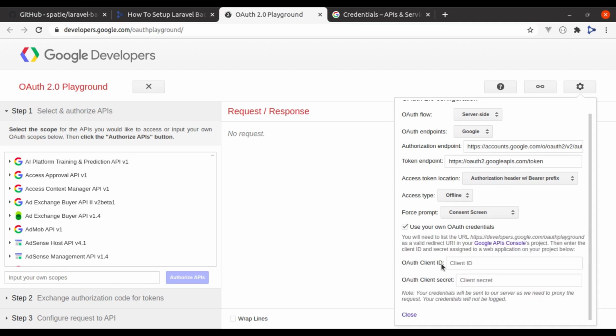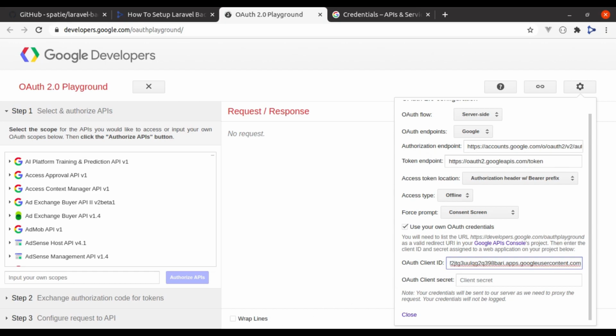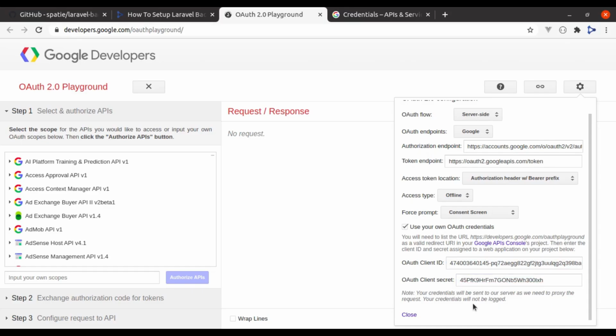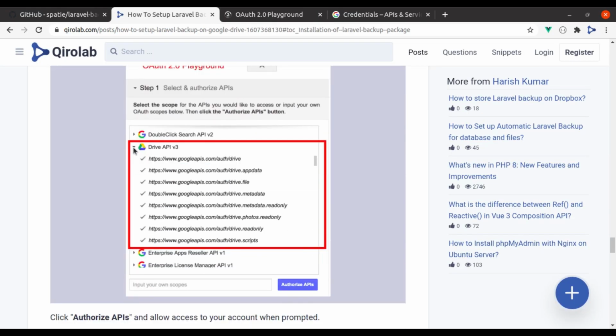Now here we need to add our own created OAuth client ID and OAuth client secret. So let's add this. Here is our client ID, paste that here, and this is the client secret, paste that here.